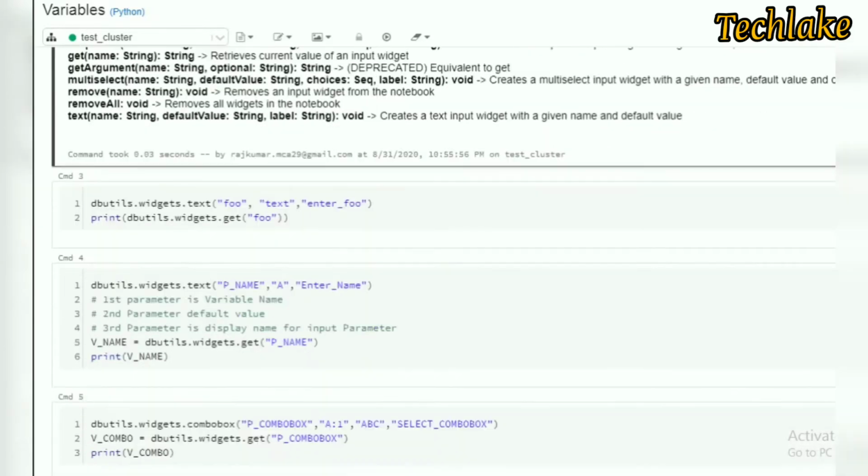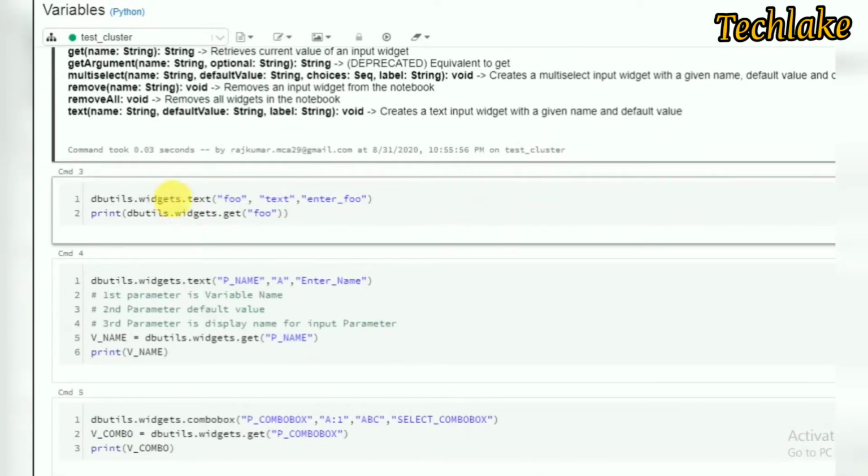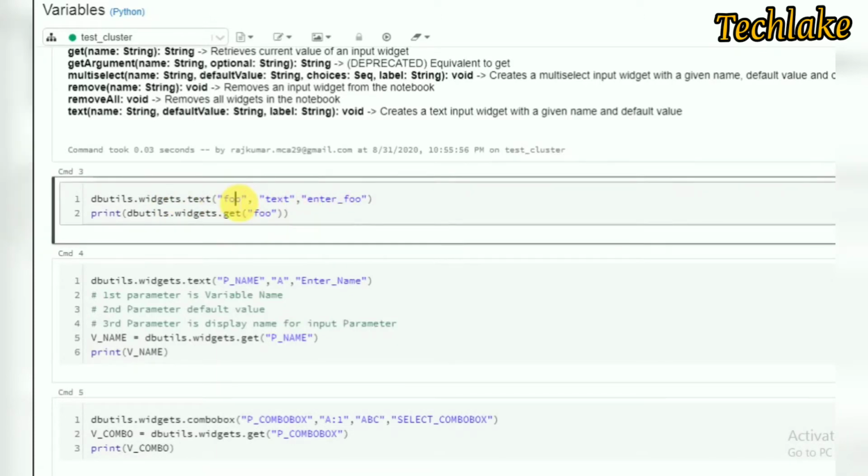Let's start with how to create a widget. Here there are three parameters. The first parameter is the variable name, the second parameter is the default value, and the third parameter is the label name. Whenever you create a widget, it will create one label. If you have multiple widgets, you can identify them based on this label name.